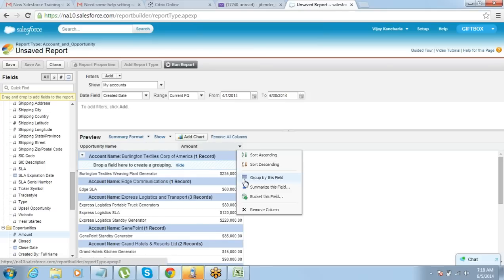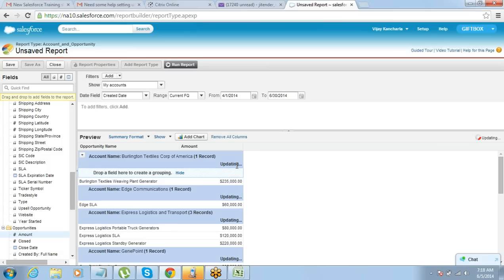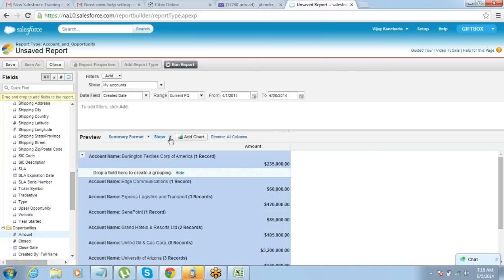Summarize the amount of opportunity and remove details.